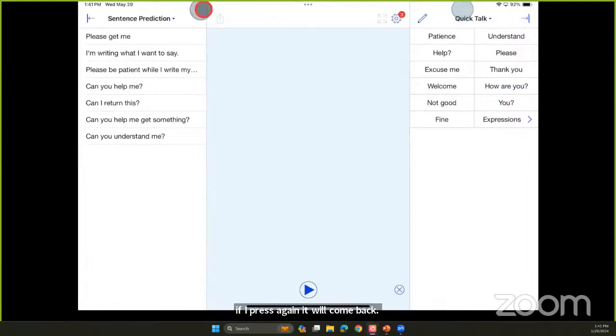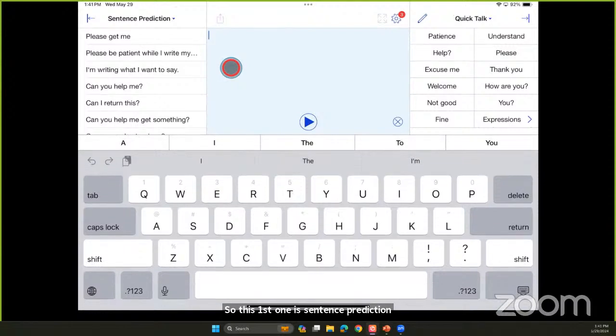Over here on the left, I have some other quick blocks. So this first one is sentence prediction. So if I tap here in my writing space, you can see down below on the keyboard, in the white blocks, I do get some word prediction from this app, but I also get sentence prediction here.